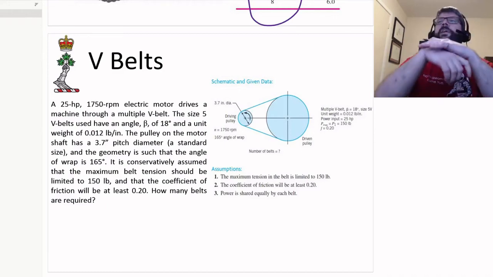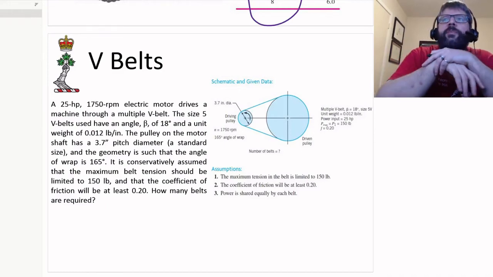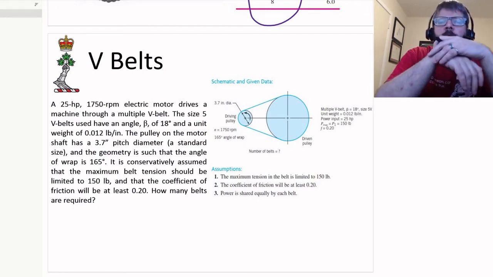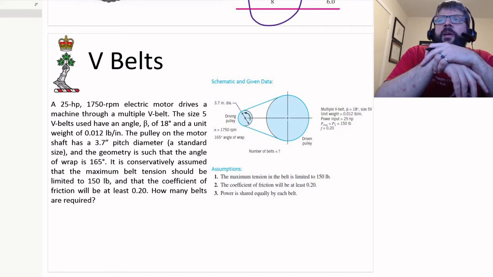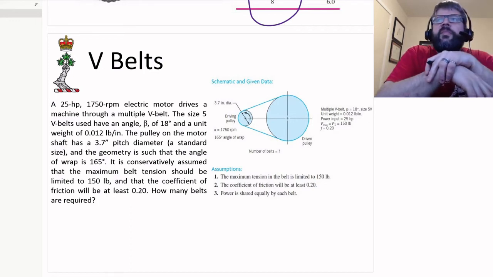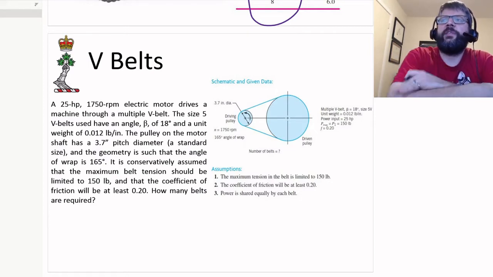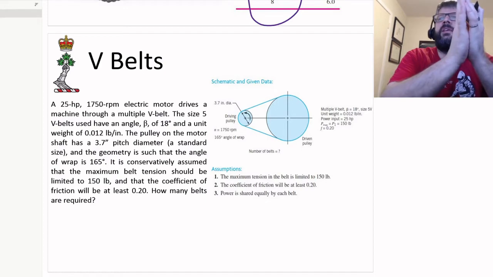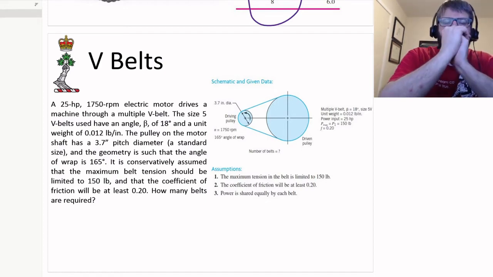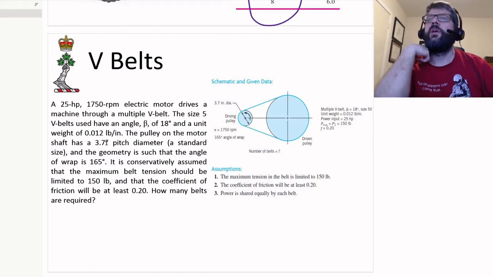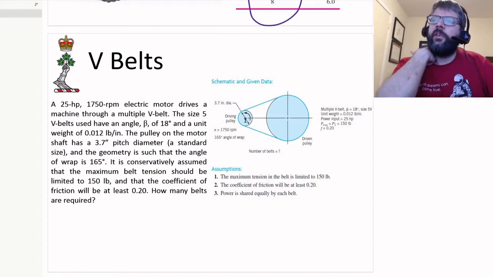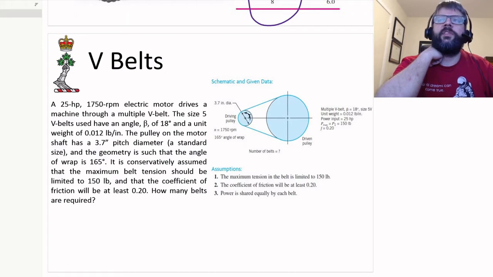Okay, so let's have a look at this example here. We got a 25 horsepower motor rotating at 1,750 RPM, and it's driving a machine with a multiple V-belt. These particular sizes of belts have a unit weight of 0.012 pounds per inch, and the V angle is 18 degrees. The pulley or the sheave on the driving side has a 3.7 inch pitch diameter,